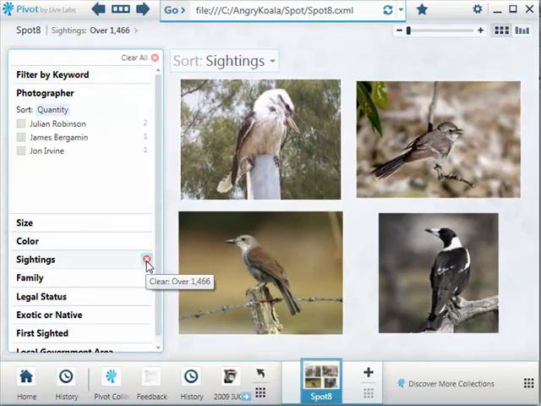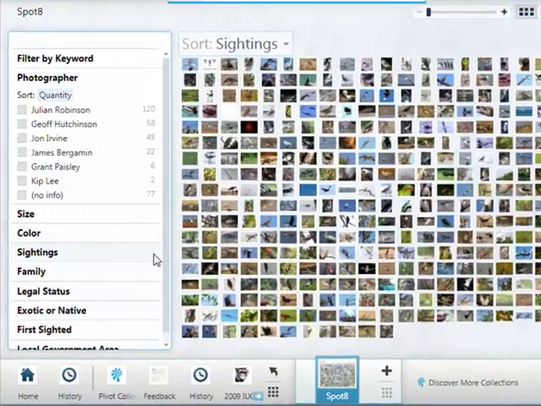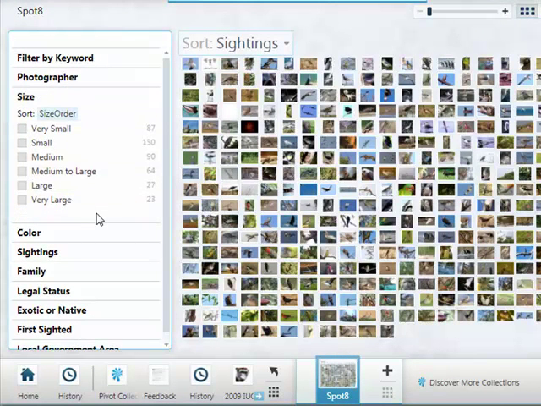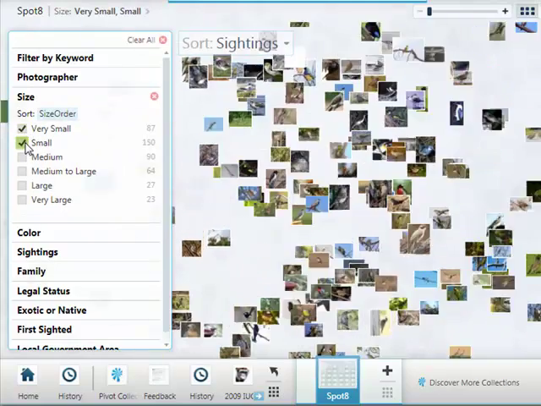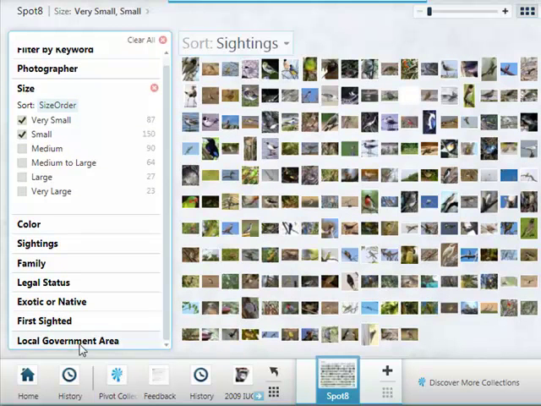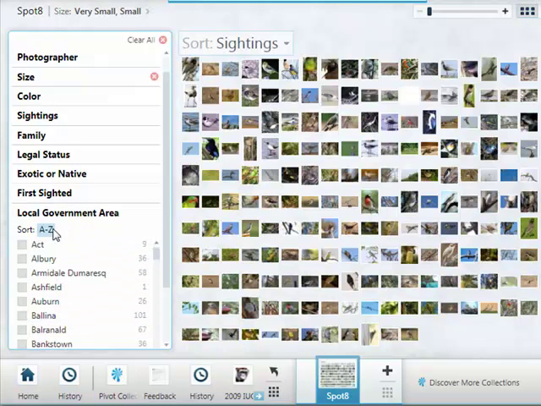So let me clear that sightings information. We'll go back to everything. And the other thing is, I may see one of these birds in my backyard and I go, okay, well, it was a fairly small bird, so let's go very small to small. And I live in the Hornsby Shire, so the very last thing here is the local government area. You notice it's sorted by number of sightings, but in fact I can resort that by